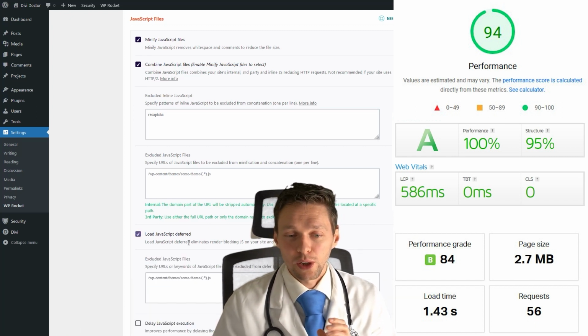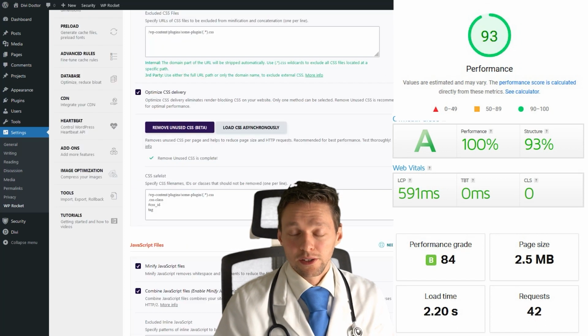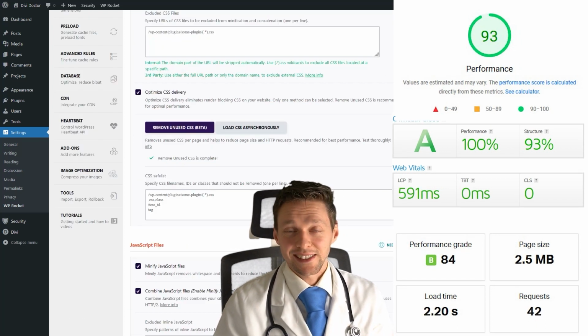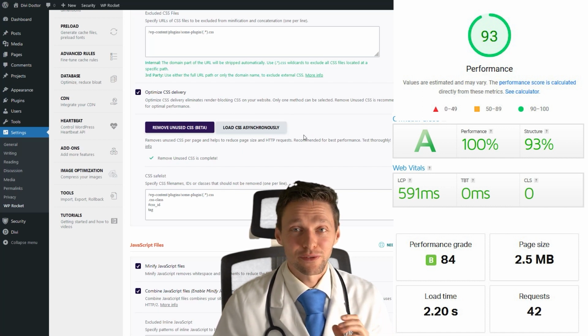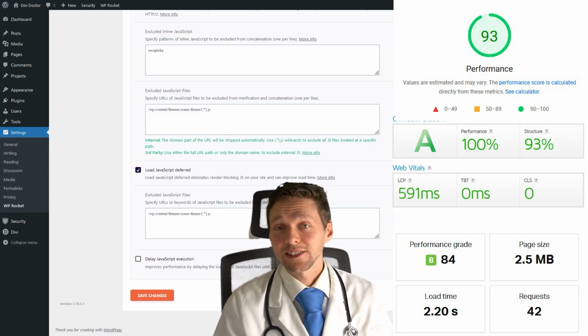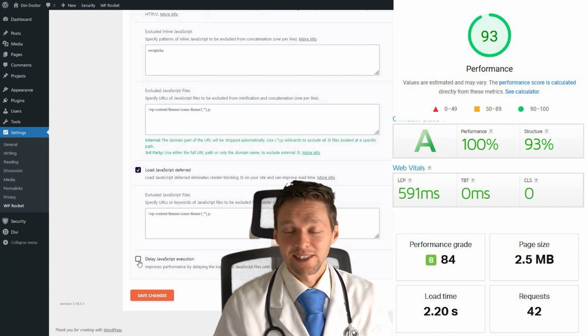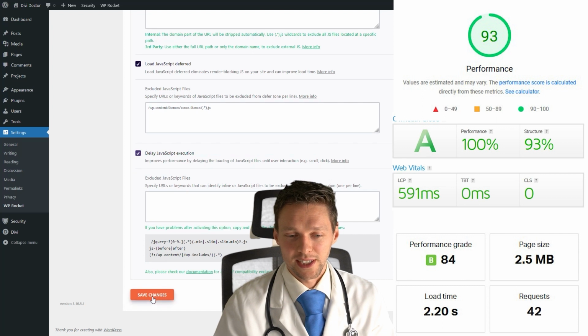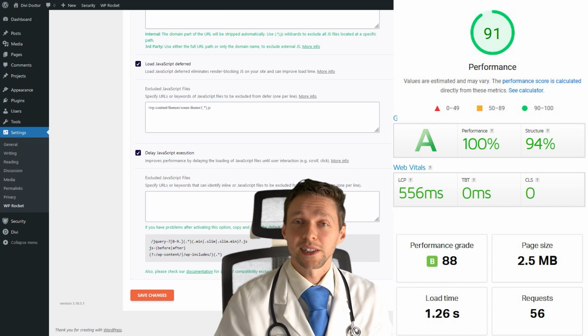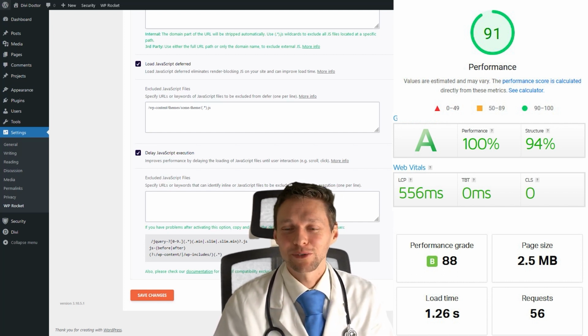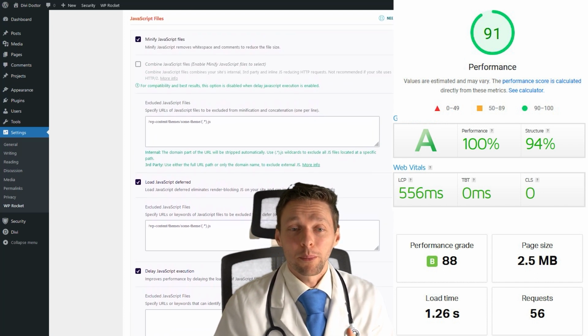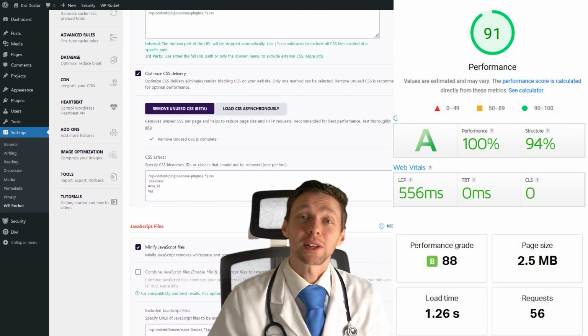All right, we can also load JavaScript deferred. So that's amazing, but I guess we already maxed out GTmetrix, so we cannot get any faster for them. And I say it feels really fast. And the last option we can check is delay JavaScript execution. Of course, let's save the changes and see what happens. Didn't improve much, but we are already really blazing fast right now. So I'm really happy with the results so far, but let's see how much further we can push this